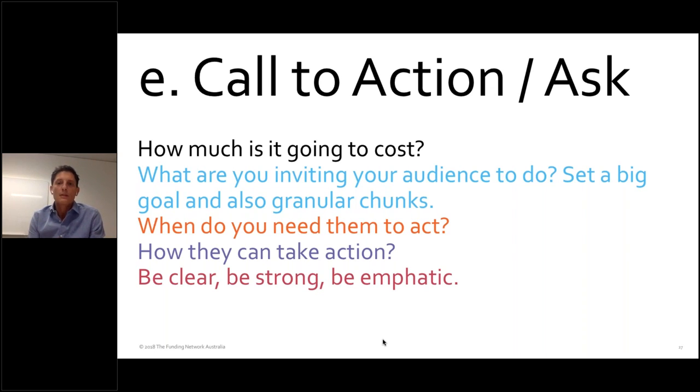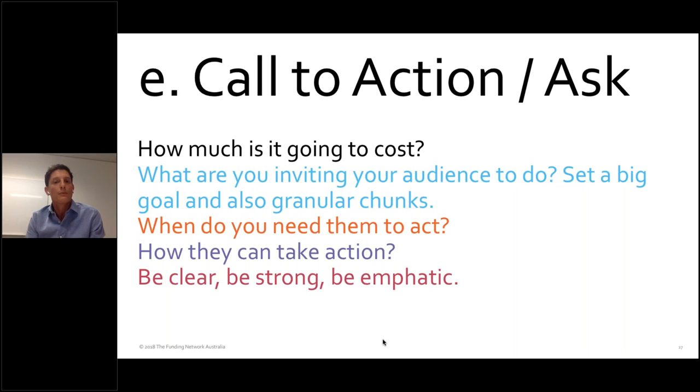One of the things that we always recommend is break the ask down into chunks, as well as having an overall goal. So give them an idea of what you're trying to achieve as a whole with the program, or as a whole as an organization, if you're talking about operational funding. But then break that down into what smaller amounts of funding can do for you, or how this particular funder may be able to have an influence at a scale that is appropriate for them. You need to put something in front of them that they can associate their own funding with now, but also a sense of where the big goal is.